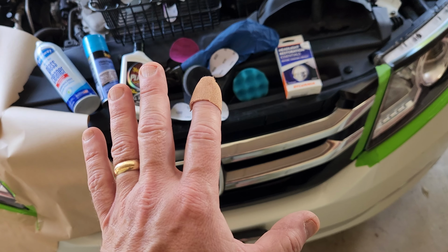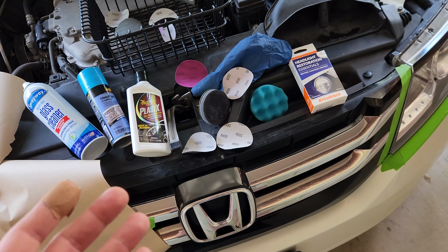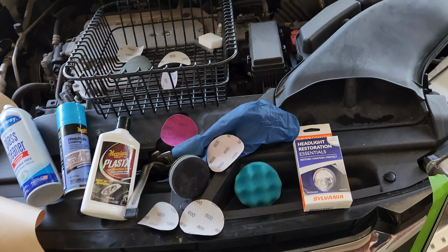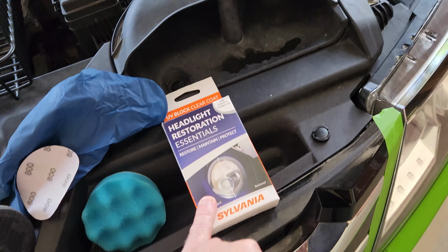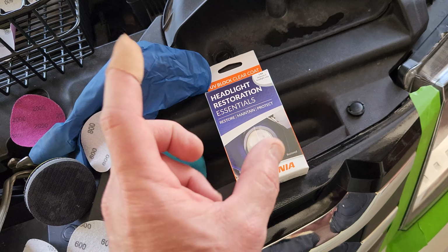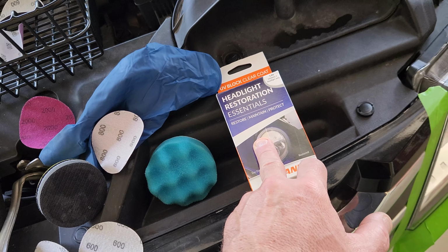Anyway, I feel I picked two of the most common highly rated products. There is another one called Cerakote, if I'm pronouncing that right. The most talked about and highly reviewed one is this Sylvania kit here. And actually this is not the full kit. This is the main UV clear coat and the activator, and it also has the blue paper towel for applying